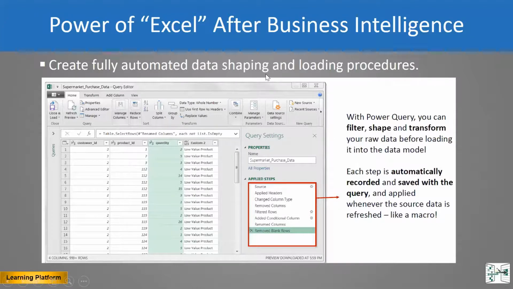Automated means we have a lot of functions in Excel, for example the IF function. We have the IF function syntax in Excel, where we put some conditions: if this equals this, and this is true, bring this value, otherwise this value. In Power Query, we are not using such functions. It gives you a fully automated process for the IF function. You will see in coming slides how it works.